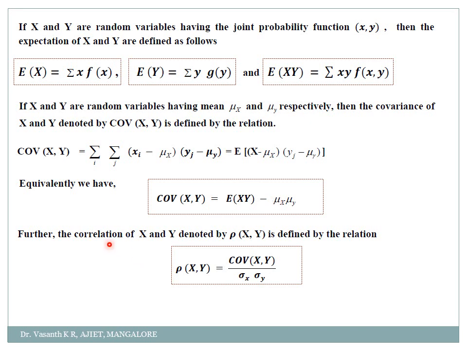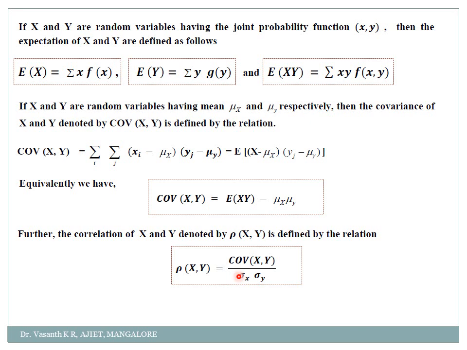So if I ask you correlation, we have to find out covariance, expectation of x, expectation of y, and also expectation of xy. So everything is required if I ask you correlation of x and y. See, a relation means what? All the relations are required in a simple way, okay. So if I ask you correlation, you have to find out each and everything which is possible over here. Clear? Now we'll go with the problem so that you'll get an idea.